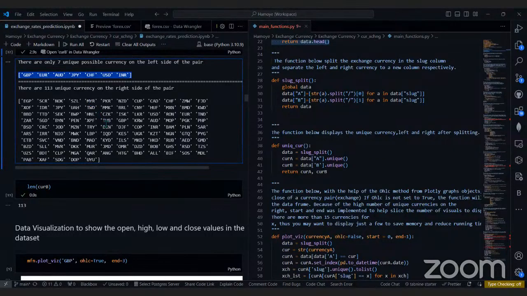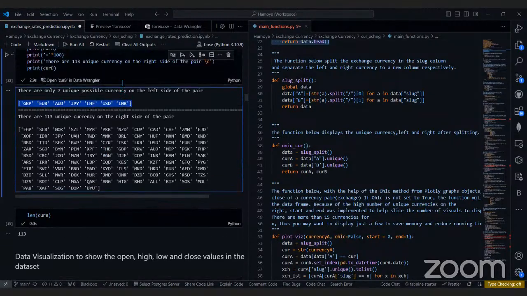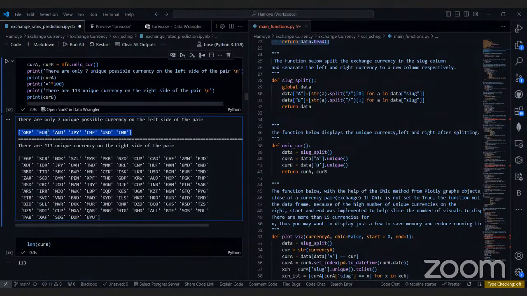Then for your second question, I think you're saying what if it changed position? Maybe the British pound is now on the left hand side and the other is now on the right hand side. Well, it's a very nice question, but then again, we don't want to be working with too much complexity, right? Right now, what this data set is all about is just showing you one of these seven base currencies compared to other currencies.